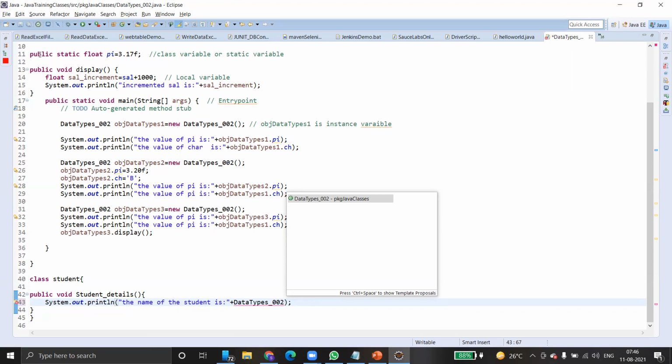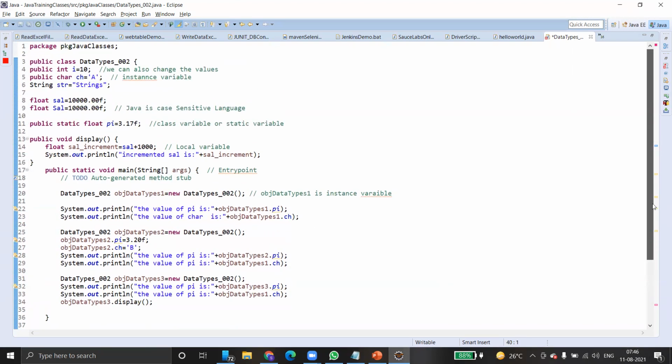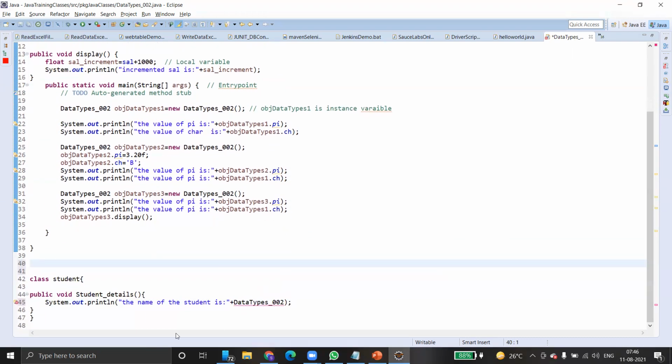But suppose you make it private, that means you don't declare any access specifier. We can't use that variable outside the class. This is the limitation for this class. So this is class ending, this is class starting, and we are creating another class. If you want to use this variable of another class, we can't access it unless it is a public type.